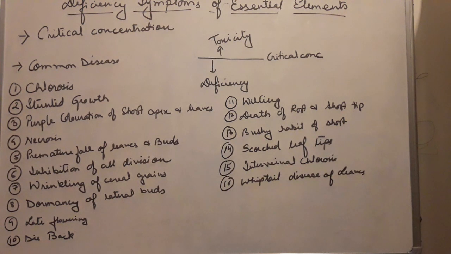Scorched leaf tips, potassium deficiency. Interveinal chlorosis, iron deficiency. And whiptail disease of leaves due to molybdenum deficiency. So these are all the total 16 deficiency diseases which we often observe in plants. Okay. Now, after we have come across all these things, let us go and study how the minerals are